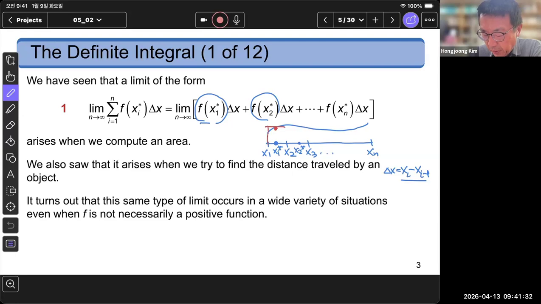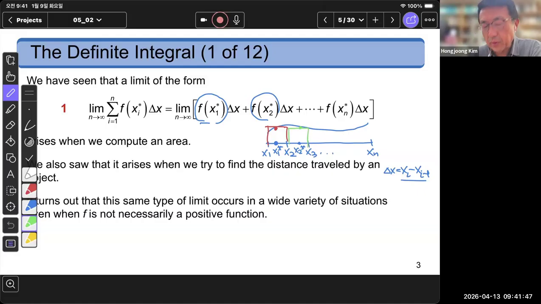When I multiply by delta x, you get the area of this red rectangle. If I multiply f of x2 star with delta x, that will represent the area of this green rectangle. So if I compute each term and then add them, okay, if I do this calculation,